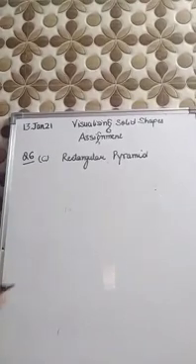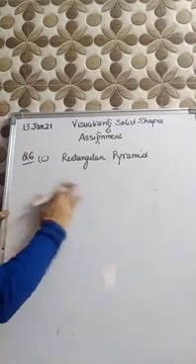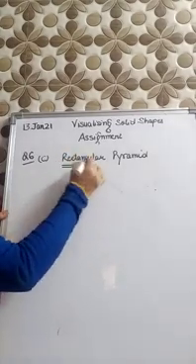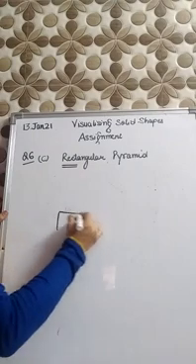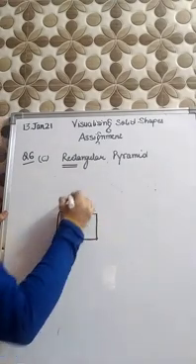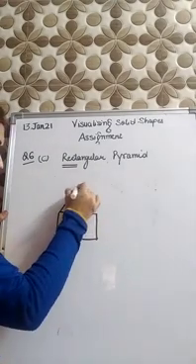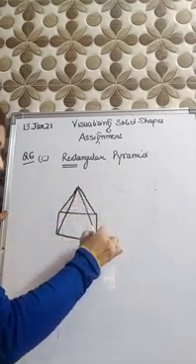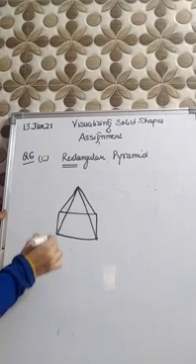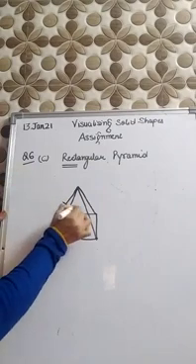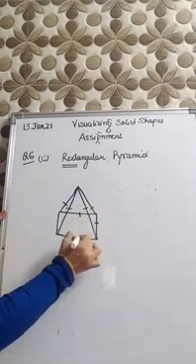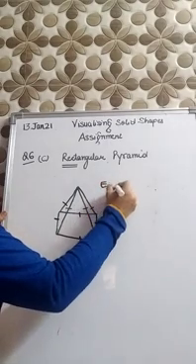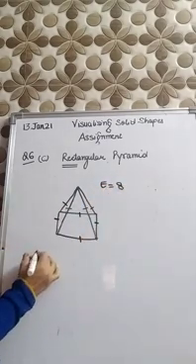Next is your rectangular pyramid, and from the name rectangle is given in here. So you will draw a rectangle in the base and you will join each by the vertex, one common vertex at the top, and in this manner you will get a rectangular pyramid. So count the number of edges: 1, 2, 3, 4, 5, 6, 7 and 8. So number of edges are 8.